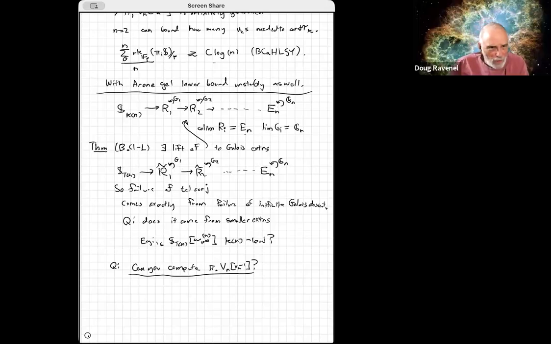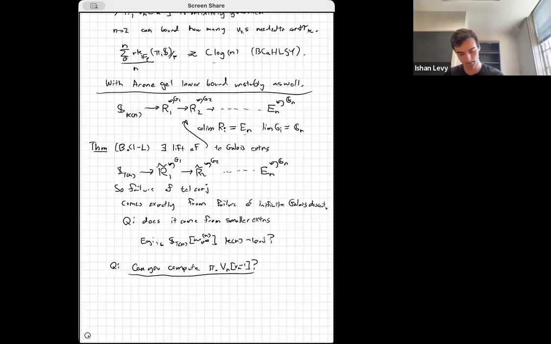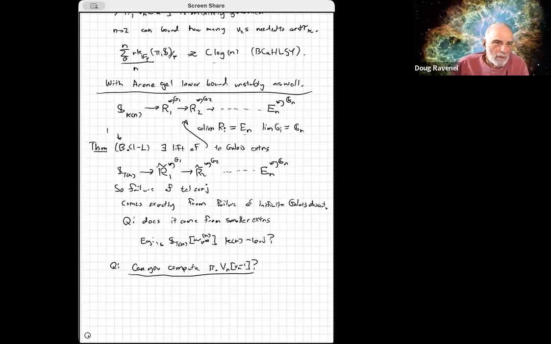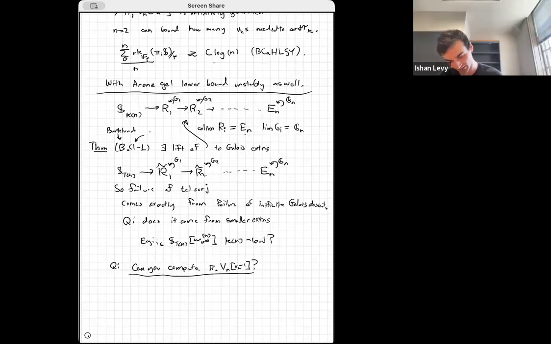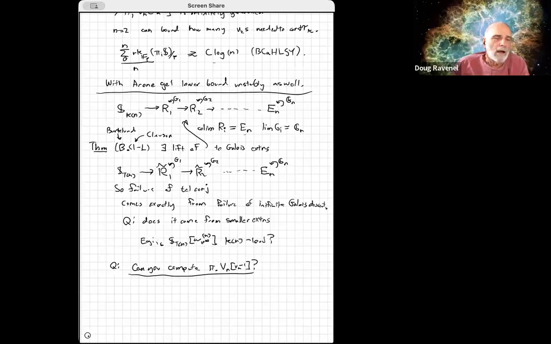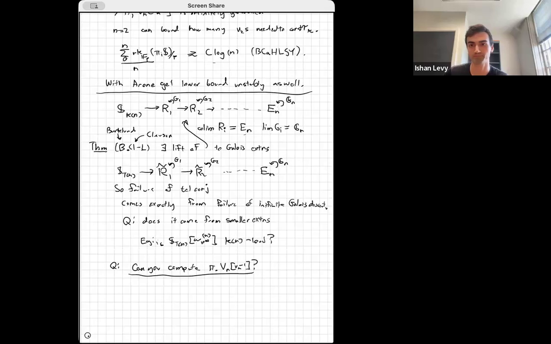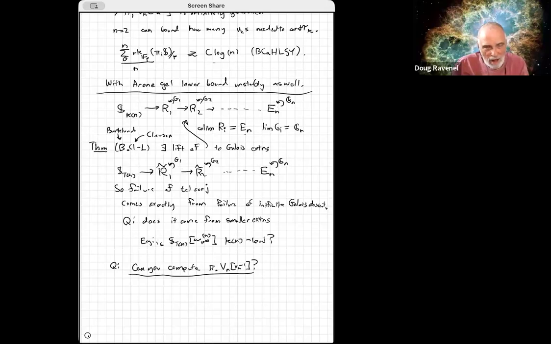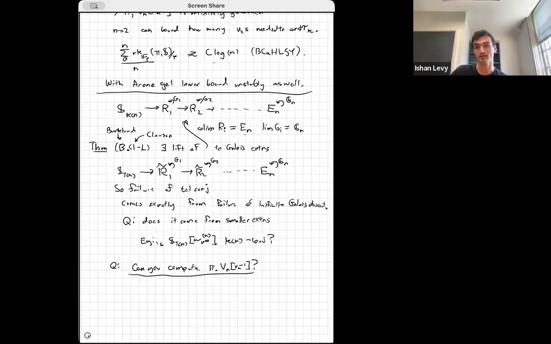I have a question. Who are the co-authors in that last theorem? This theorem. This is Robert Burklund, and this is Dustin Clausen. Ah, and you. Yeah. Okay. And so these Galois extensions don't have to be abelian now. You have non-abelian extensions of the telescopic sphere. Yeah, that's right.